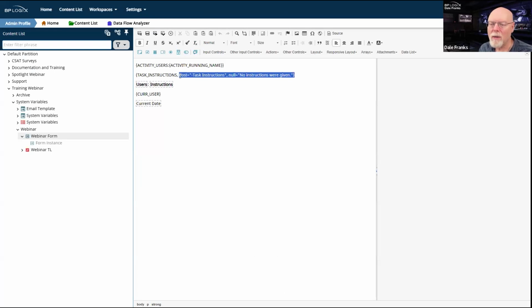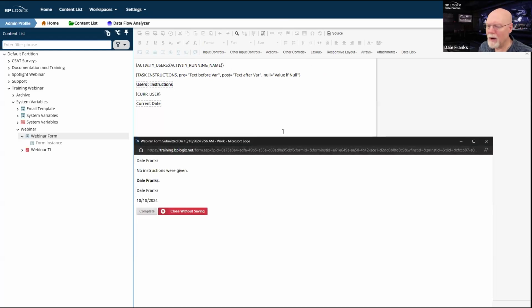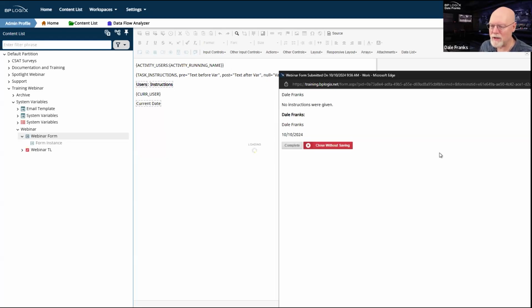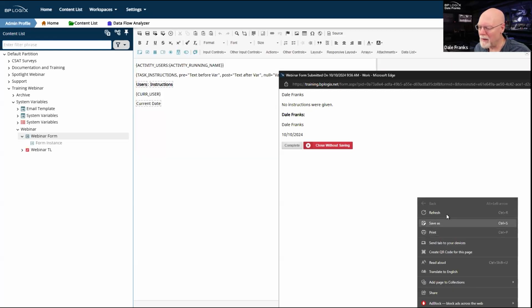So we're going to paste that in real quick and we'll go back. So now I should have a pre, post, and null for this, which again we'll save. And we'll go back to our form here. Once it finishes saving, we can refresh it. I don't remember off the top of my head if I can't use post if I don't use pre or not. So I'm not sure what the problem was with that, but let's refresh.